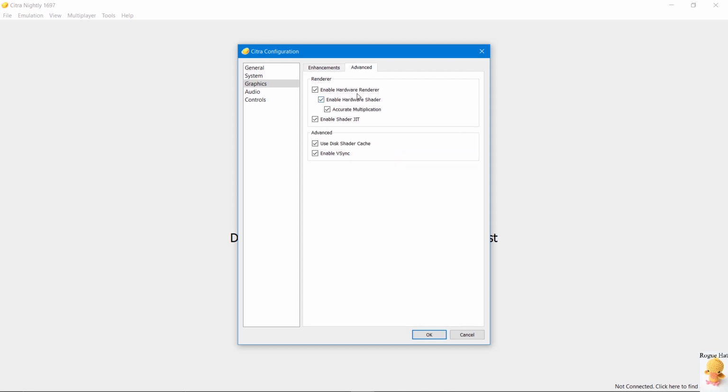And in advanced, we have hardware renderer. Always enable that, low and hard, and doesn't matter. Enable shader. So these are the ones that were always going to be enabled, except for this last one, because